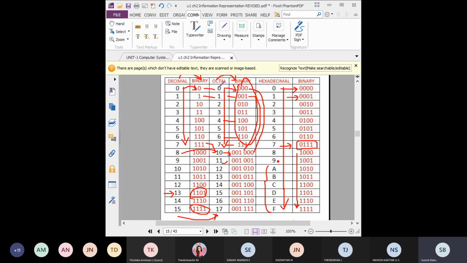Yes, sir. In octal we have only 8 numbers, that is 0 to 7. So you have to write the possibilities of 3 inputs. While using it in the Boolean concept, in the truth table we know that 2 power 3 equals 8, so we will get 8 possibilities. Those 8 possibilities will be coming here.